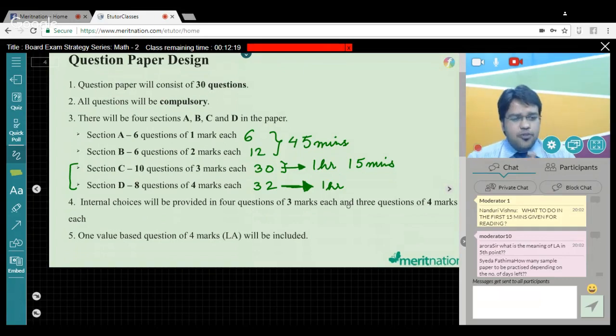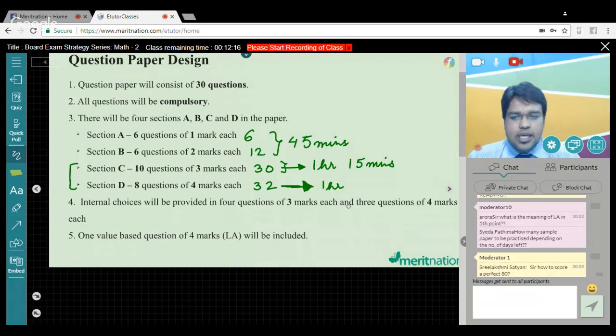In the first 15 minutes given for reading, Nanduri, please make sure you point out, you tick mark all the questions that you are confident about, that you are surely gonna do, right? Which you think that you have seen those questions. So you tick mark those questions, and you also have in the back of your mind the answers prepared. Okay, so and so, I'll have the answer.